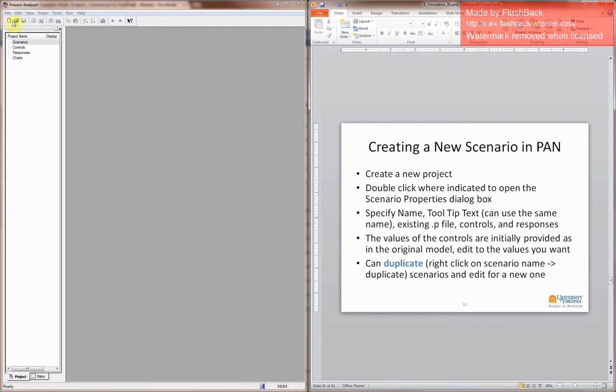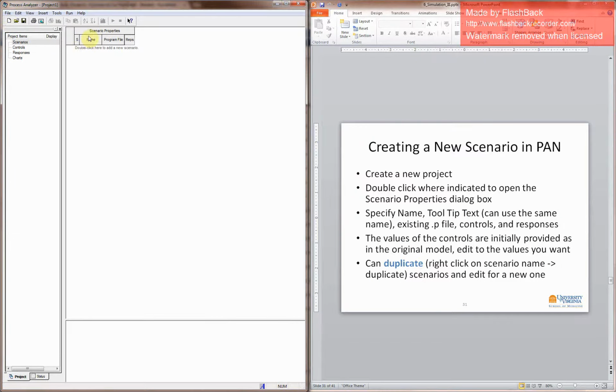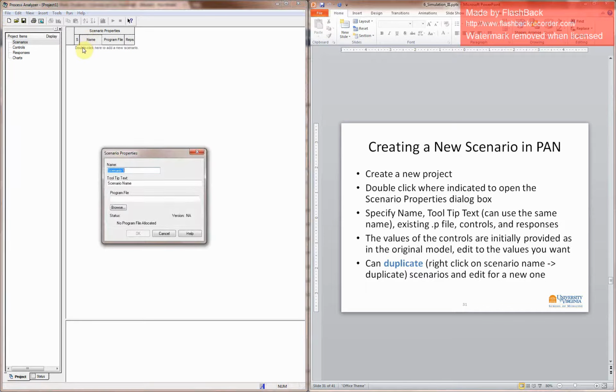So let's go ahead and create a new scenario. So you can create a new project, and we want to double click to add a new scenario. We're going to first call this a base case scenario. So then you want to browse for